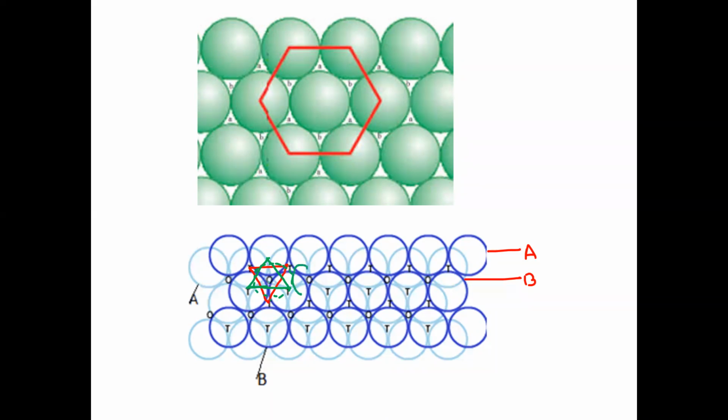Once you have found an octahedral hole, then you have to use other octahedral holes only. You cannot use tetrahedral holes. It will be protruding, taking some space of the tetrahedral hole. You can't put any other sphere in a tetrahedral hole. Once you have started using one series of octahedral holes, then you have to go for other octahedral holes like this.